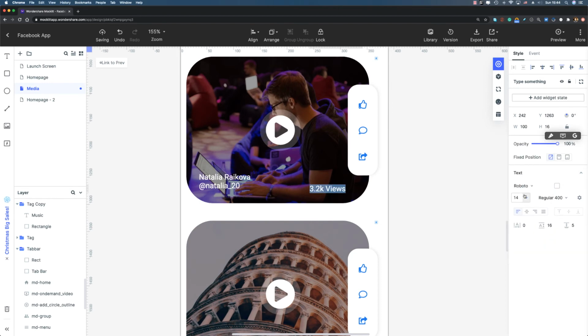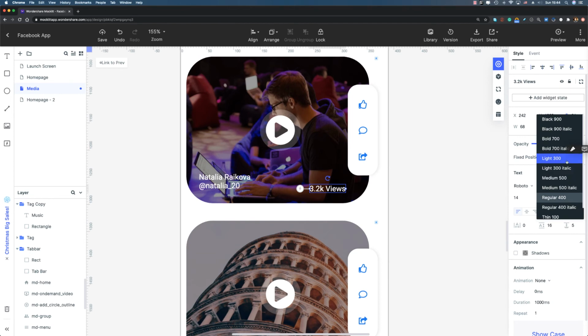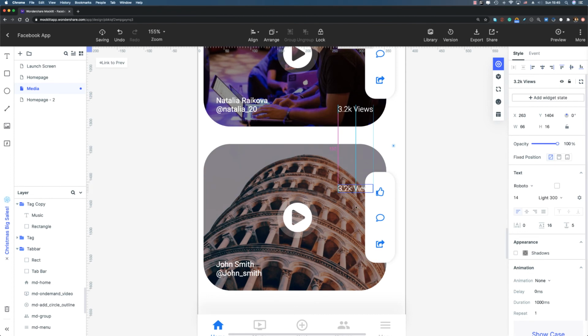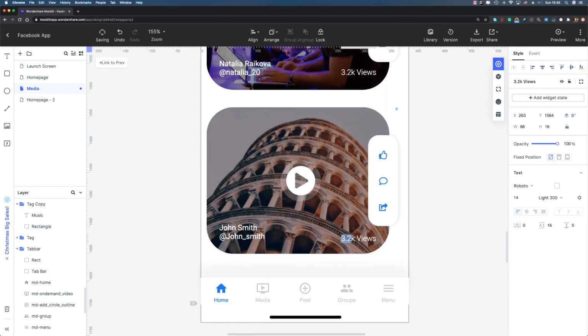The font size is gonna be 14 points. However, I'm gonna make it light 300 and its bottom padding is gonna be 24 pixels and its right padding is gonna be 24 pixels as well. I'm gonna duplicate it, move it down. Let me modify the number to